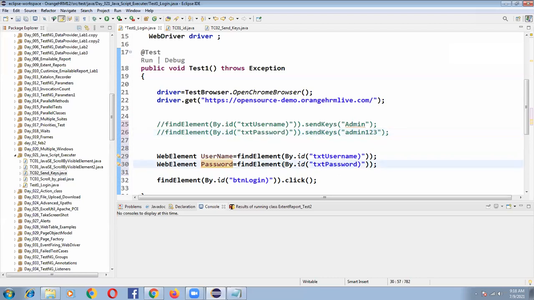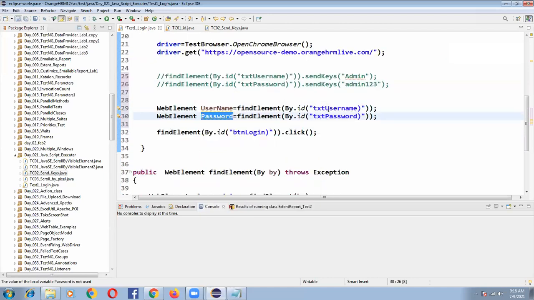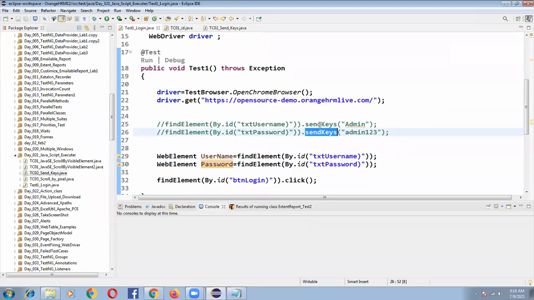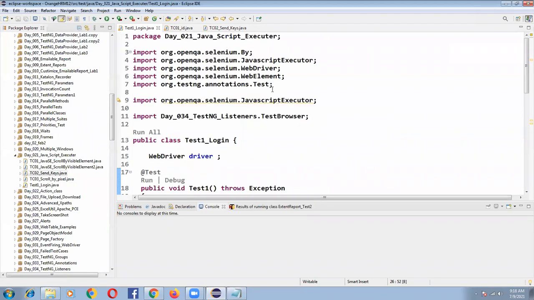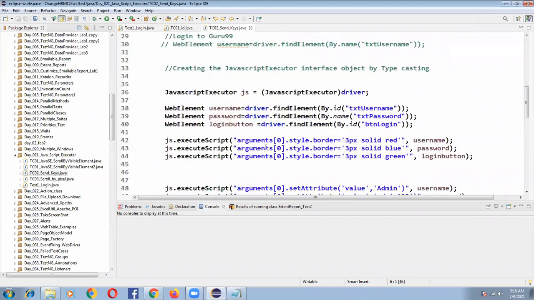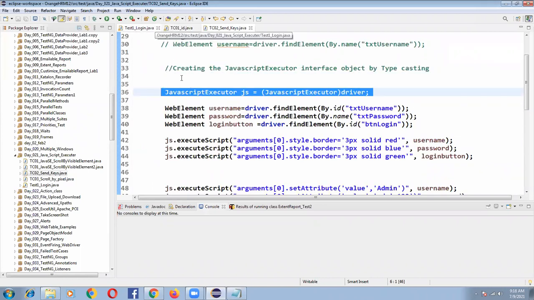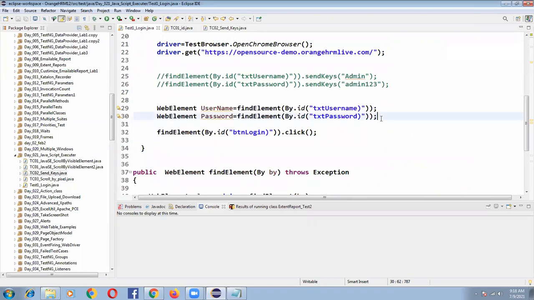So username is one web element and password is another web element. SendKeys we already know how to write manually, but by using JavaScript executor we can also perform the sendKeys operation. Let me copy that syntax. This is the one we need to create an object for JavaScript executor, so I'm creating an object.